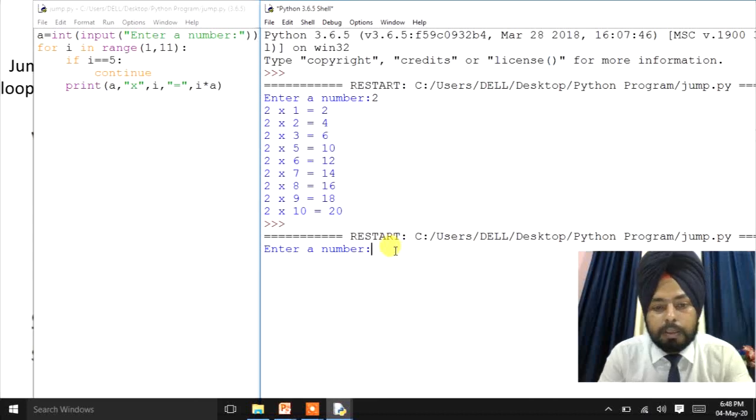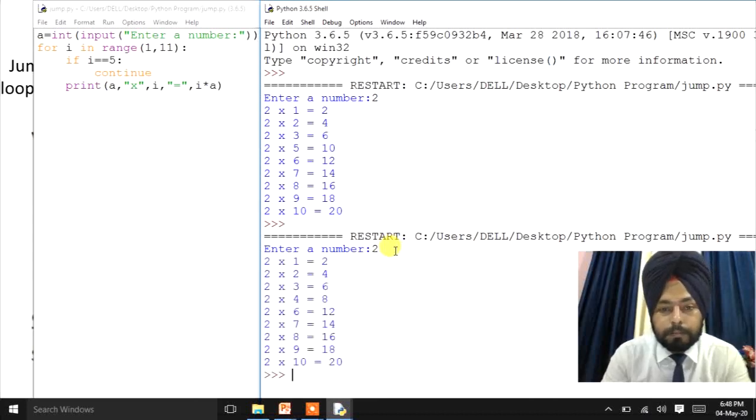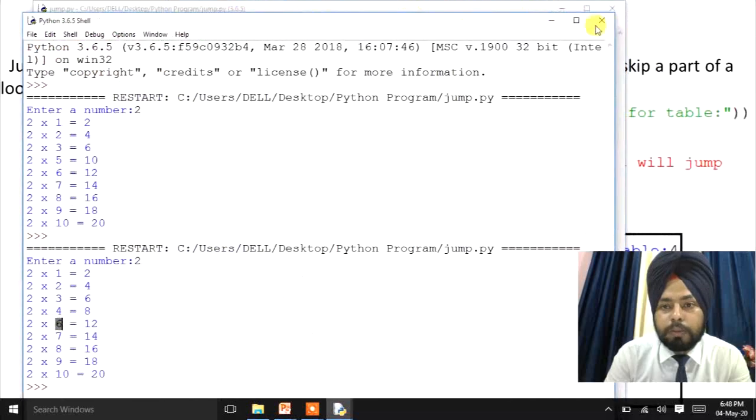Again I'll use here table of 2. Now it has jumped on the 5th number. 4 is okay. Now after 4 it is showing the 6th number, right? So these are the uses of jump statement.